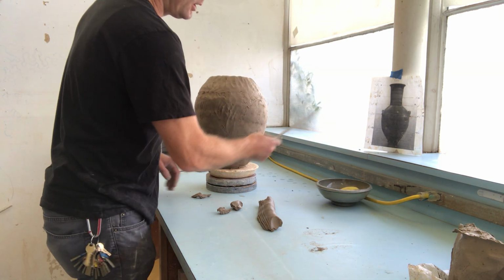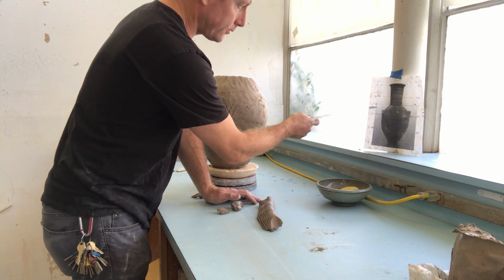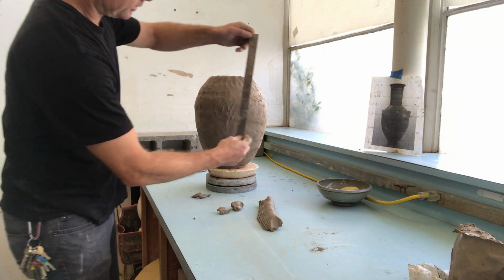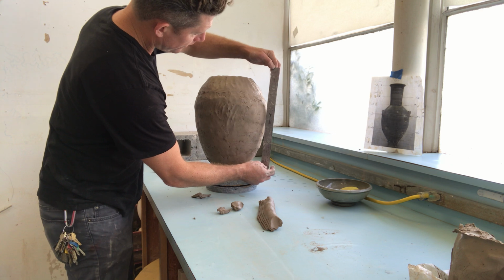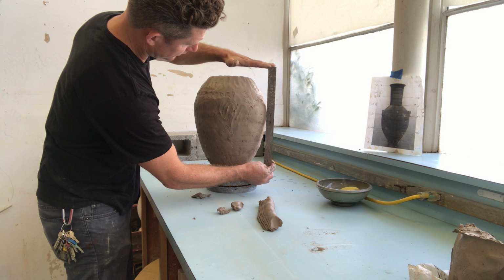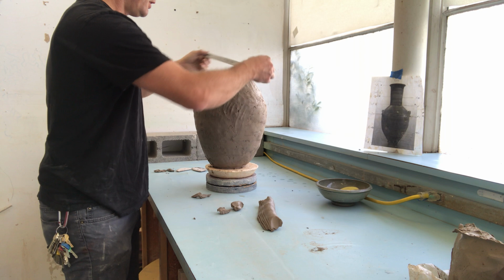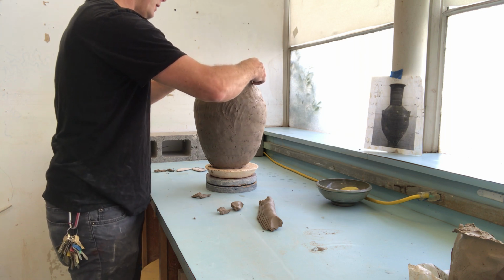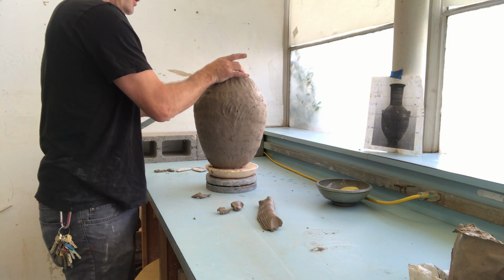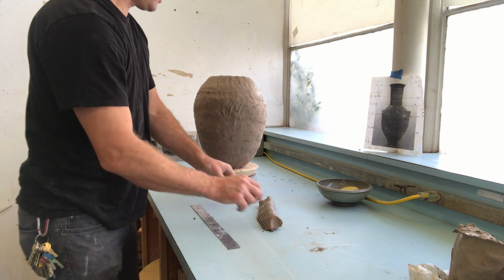So, going back to my scale, 15 inches high, I need to be 4.7 inches wide in my neck. So let me see how tall I'm getting. I'm at 14, so at 1 more inch I'll be 15, which is going to be where my palm is. And I need to be 4.5 right now. I'm looking like I'm 5.5. So this next 1 inch, it's got to close another inch. And I'll still be able to fit my hand in at 1 inch,